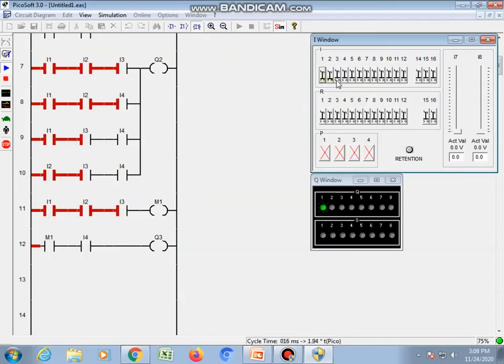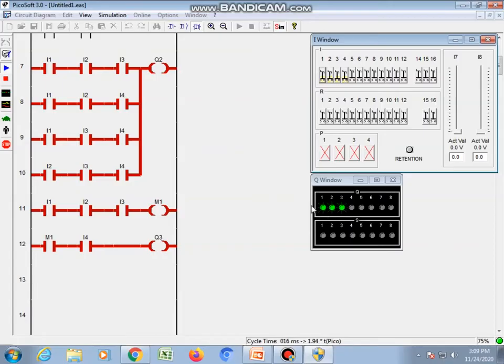Then any 3 sensors true, you can see the second output is coming. Always this Q1 will also come because the program says that only this will come. There is no program telling otherwise, so both will come. So this is 1, 2, 3, 1, 3, 4, or 1, 2, 4, or 2, 3, 4. On any combination, we will get Q2 output also. Then the last case available is when all the sensors become true, we will be getting the third output.